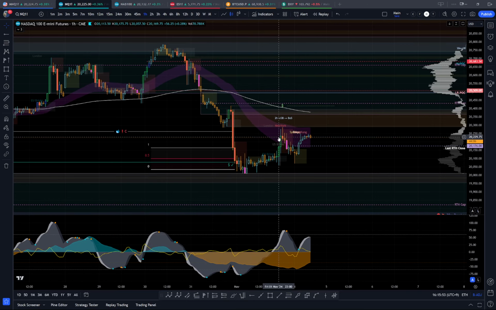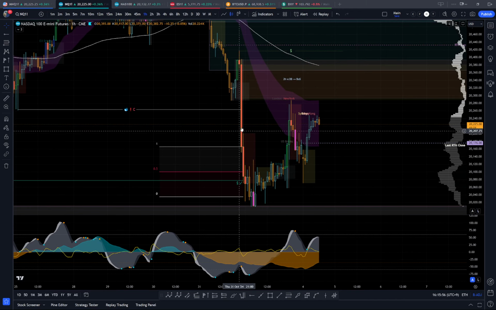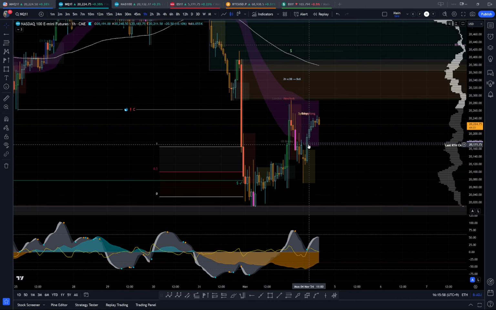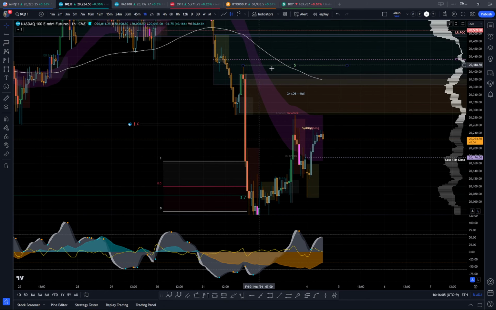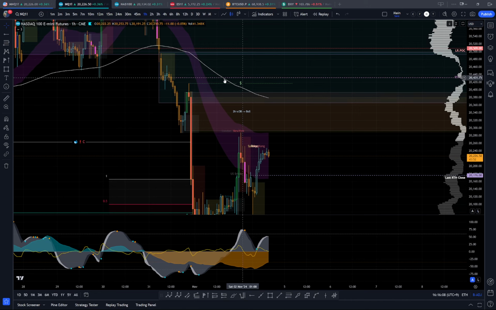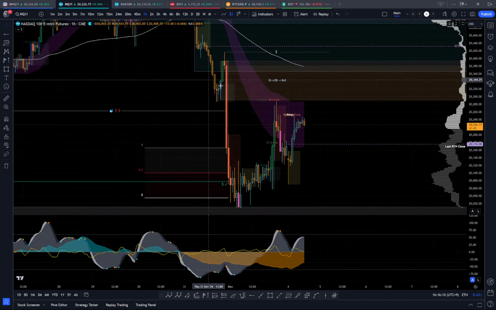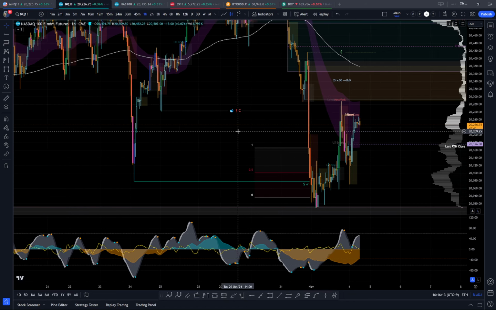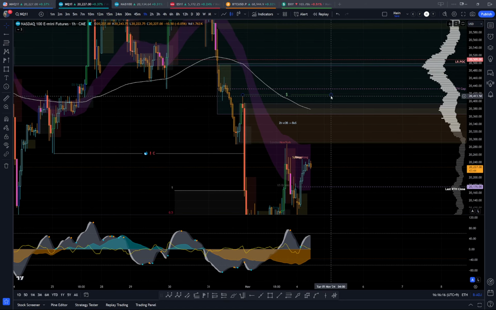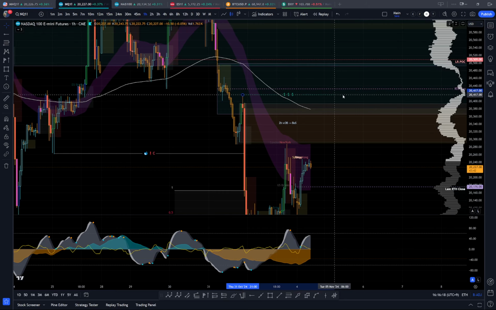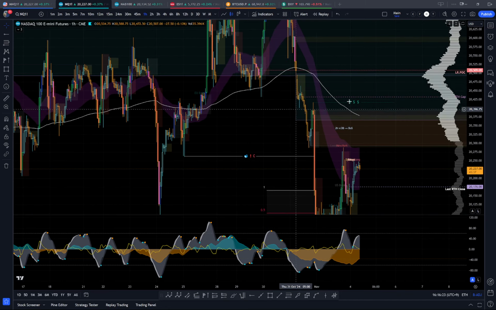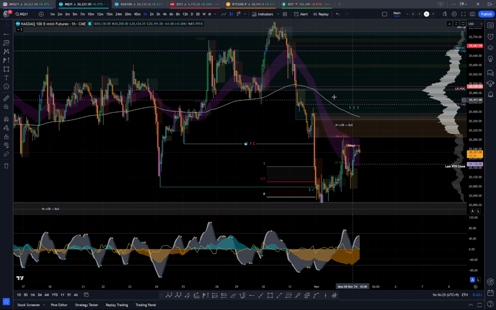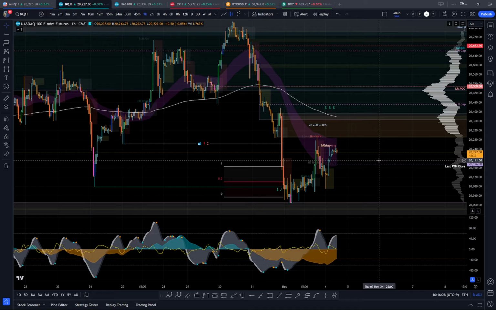So on Friday we had a push up. I said that mitigation of this fair value gap in a retracement is possible. And I said that whatever move pushes us up and gets closes high into this area, there is a chance that we come back up for this RTH gap, which was the source of this flush down that we got. I'm interested in this area for a short if we get what I'm looking for around there.